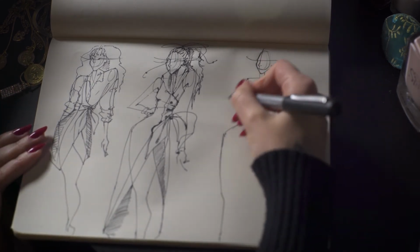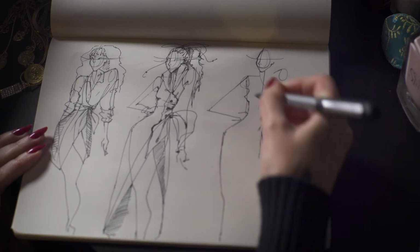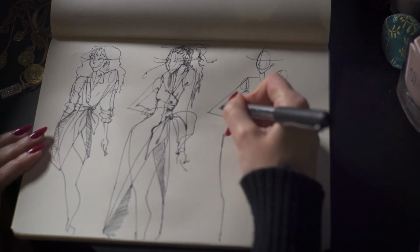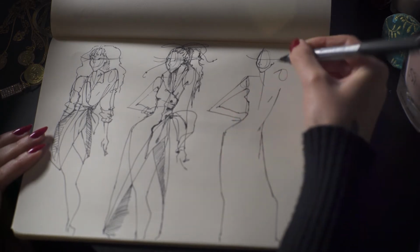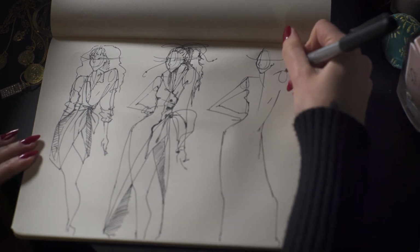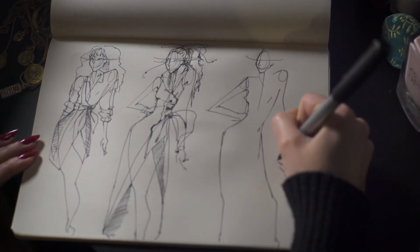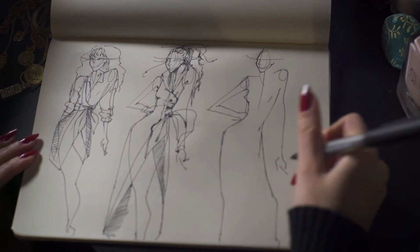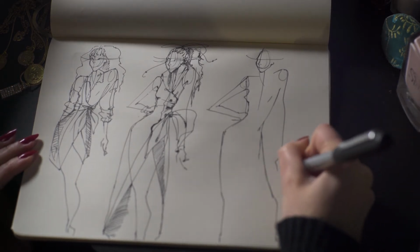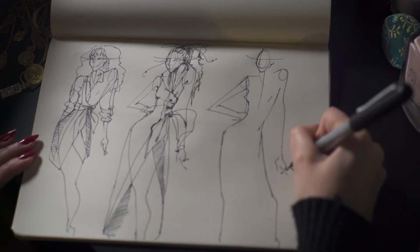I think I want to give her, again, this kind of a stance. Whoa, she's scary. I don't really know what this lady's doing. She's waiting on the sidewalk to cross the street in New York, and she's holding a cigarette. She's got a cigarette, and she's like,